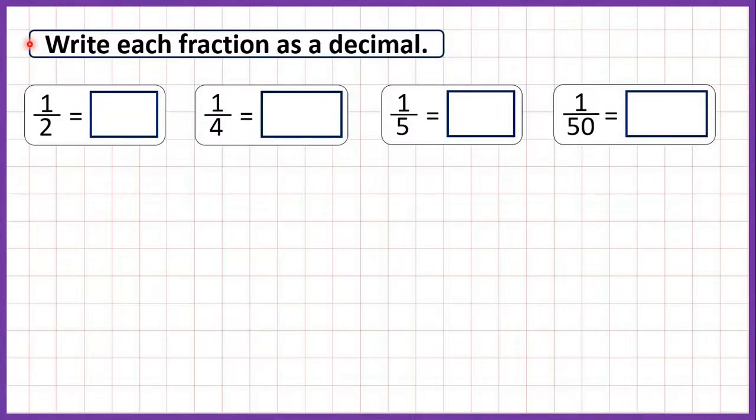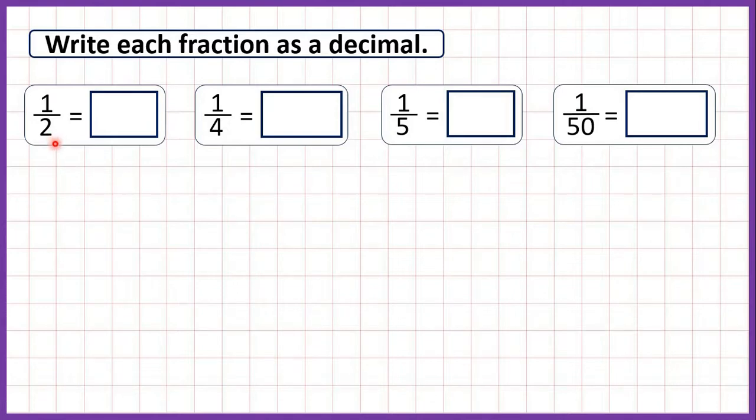We need to write each fraction as a decimal. So what we need to remember in order to do this is that some fractions have place values. We know that after the decimal point, we have our tenths column and then our hundredths column. So what we need to do is to find equivalent fractions for these fractions, which have either tenths or hundredths